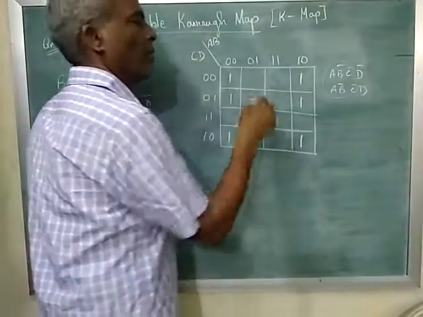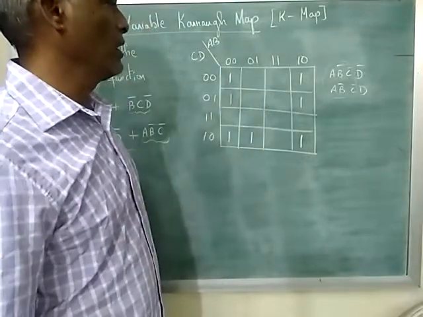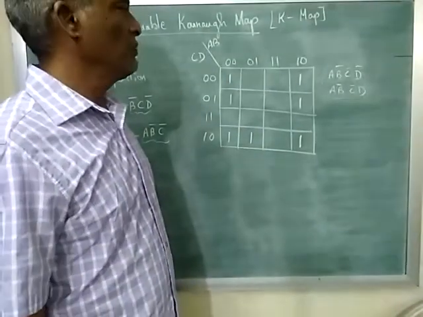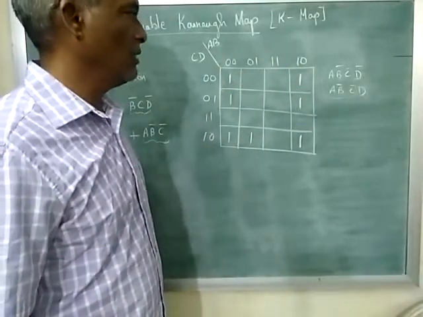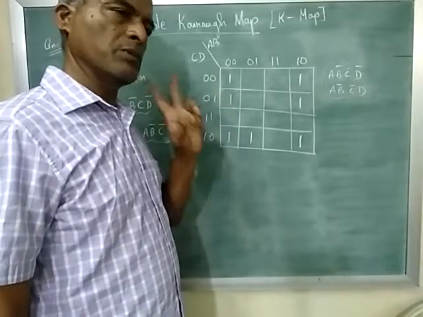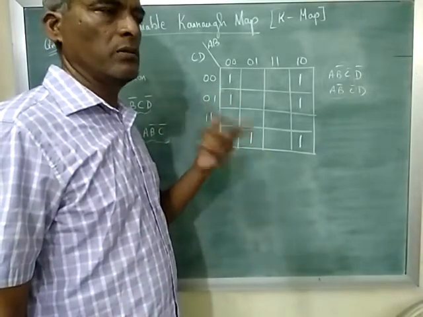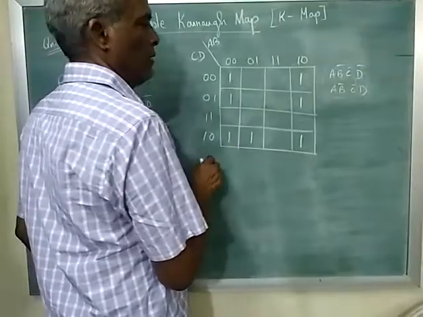Now we have to combine the ones available in this 4 variable K-map. First we have to check for 16, all the 16. No, we have 0. Then we have to go for 4. If 4 is not possible, 2. If 2 is not possible, then 1. Okay. Now in this case, we have,